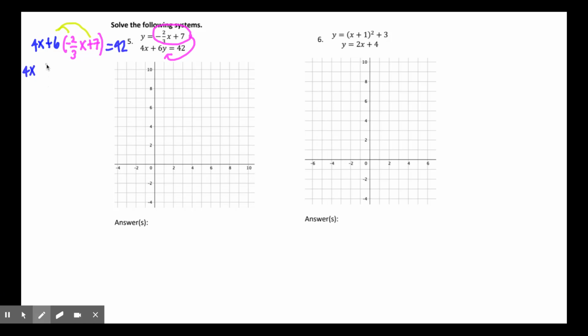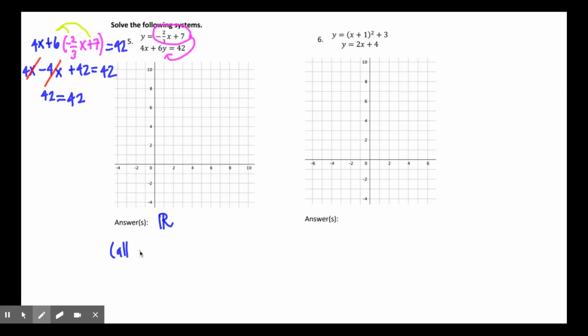So then you get negative 4x plus 42 equals 42. And then you'll notice these go away, and you get 42 equals 42. So the answers are